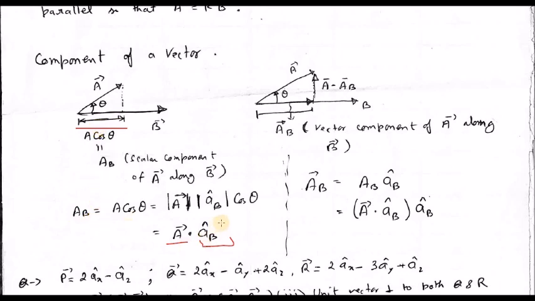Now this is a scalar quantity, so I just have the component of vector a along vector b. But if you have to find the vector component of a along b, then multiply this quantity by unit vector b, and you will get the vector component of vector a along vector b. So it is like here, a dot b cap gives you the magnitude, and in the direction of b cap, this gives you the direction.